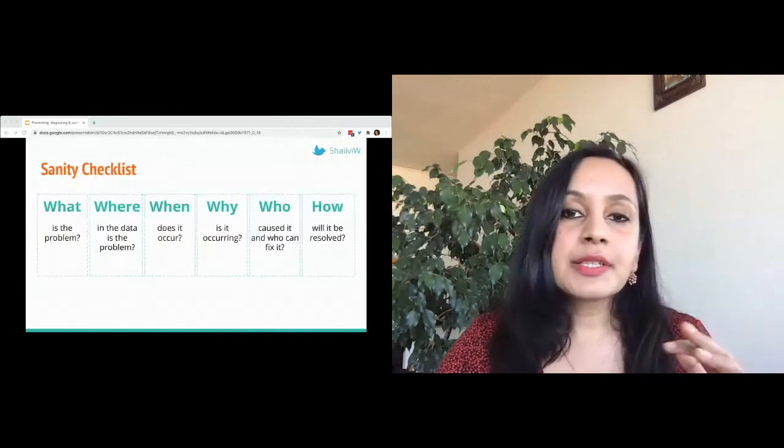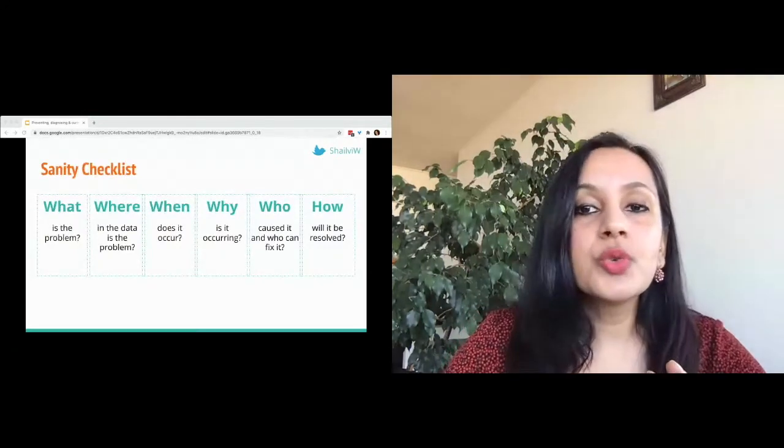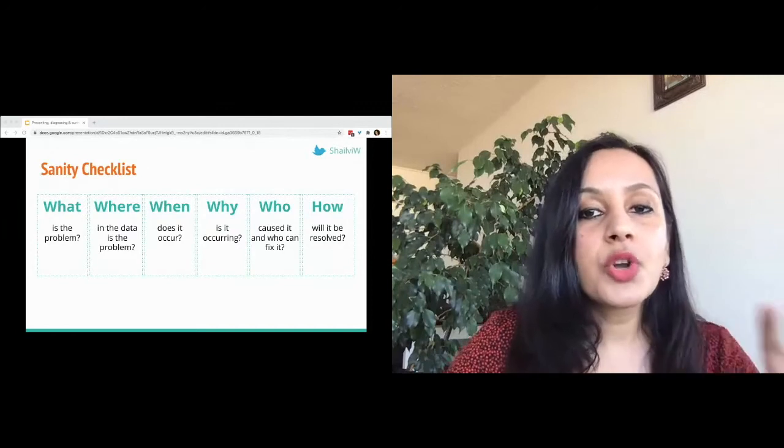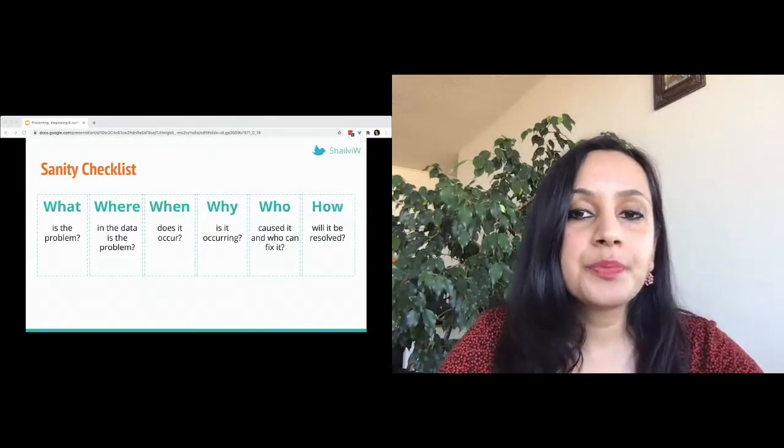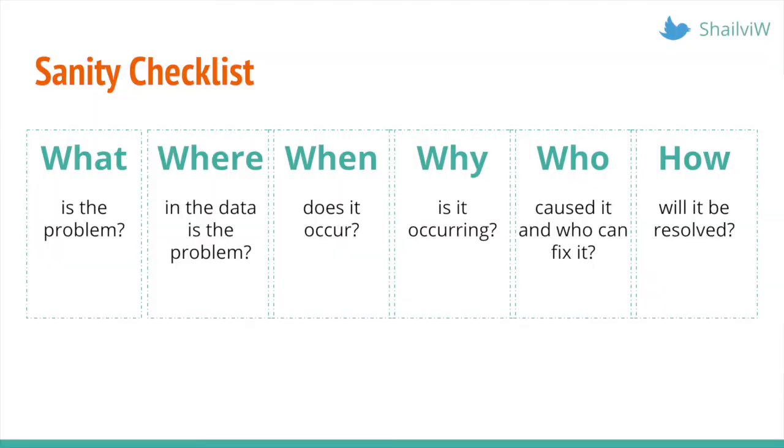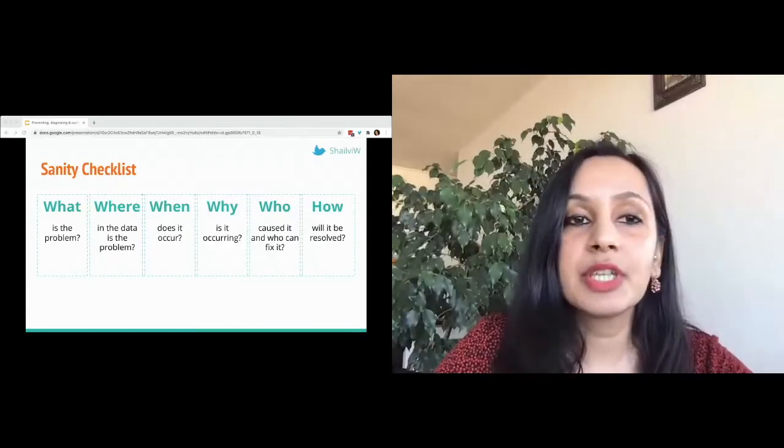Final sanity checklist is to just logically go through your problem and document what you know and what you need to figure out. I like the journalistic favorite questions of trying to document a story and focus on the what, where, when, why, who, and how of the problem. As I go through this, it helps to rope in other people to talk through my logic, or even look up data dictionaries and other documentation to validate my initial assumptions. The truth is out there. You just have to keep breaking down the problem until you can find the specific issue.